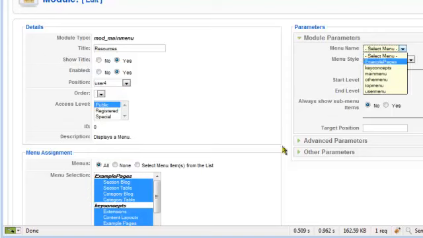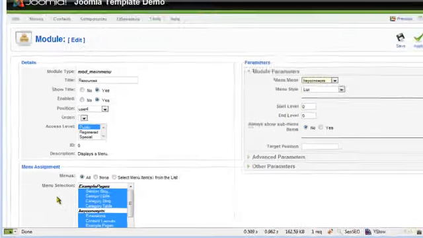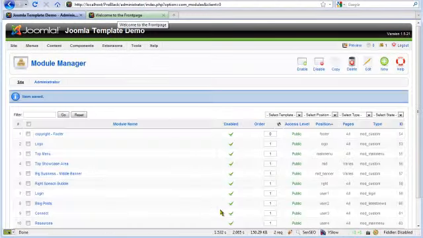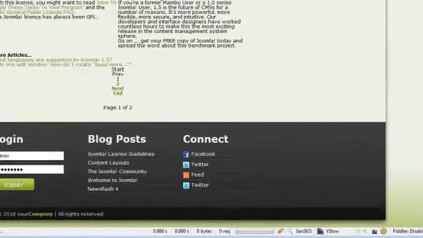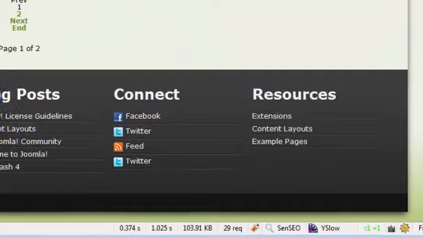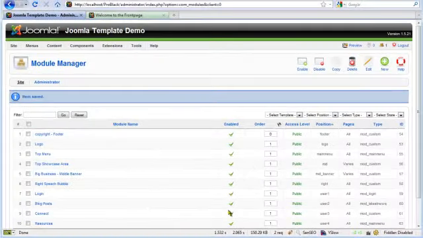I don't know why my mouse is off on the recording, it might put you off a bit, but the narration of the video was done separately to the video, so it doesn't match up perfectly, but hopefully you'll still get the right idea. So there's the resources menu on the bottom user 4 position,